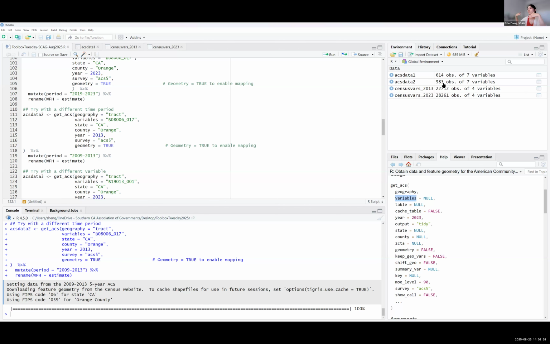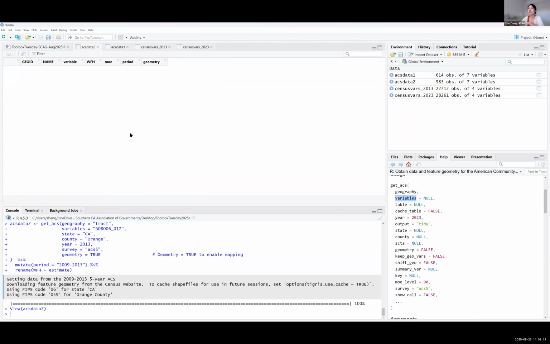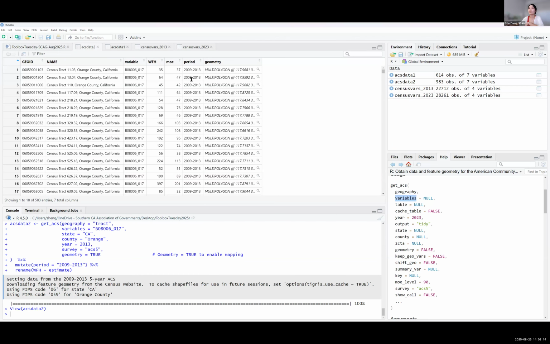So you can't just do a one-to-one match, but if you want to visualize the change across space and over time, like how I showed you earlier, that's still possible. So again, this ACS data 2, we created this. It's for a different time period, and it also has the same variable for work from home.